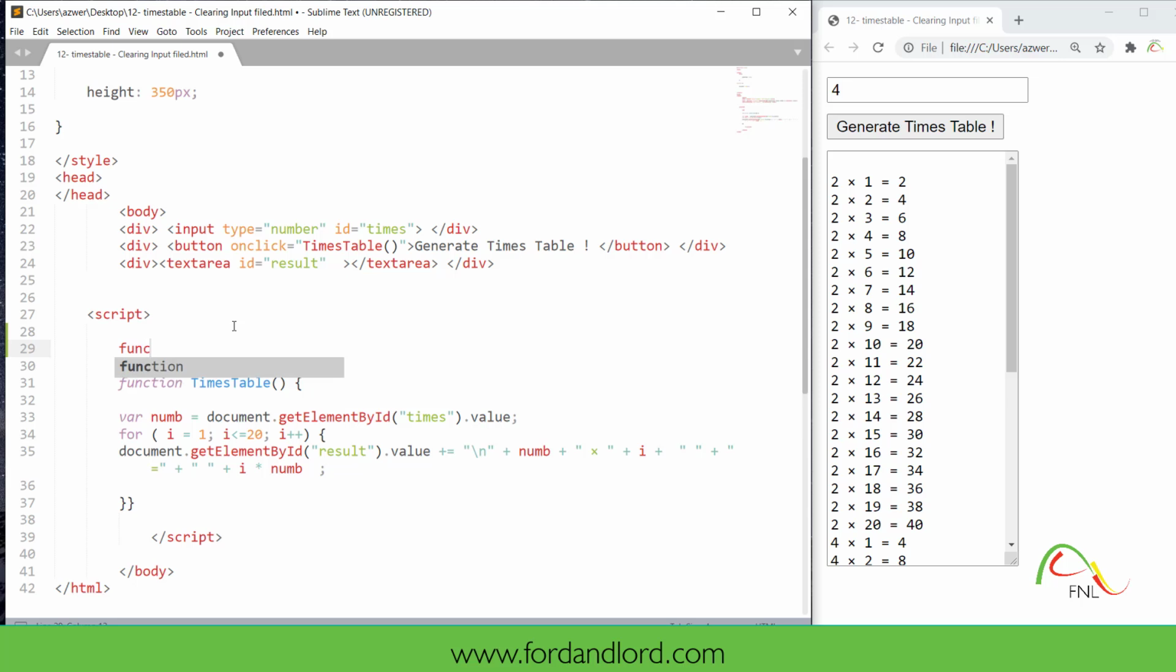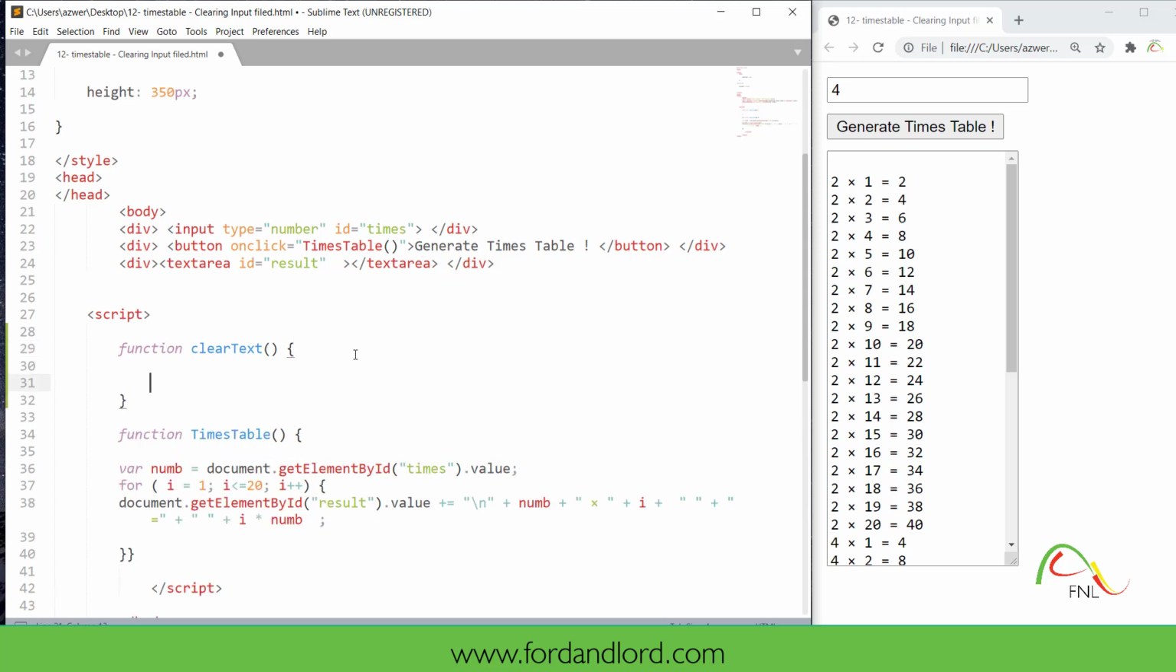Within the script tags I will create another function, and I will name this function clearText, an opening bracket and a closing bracket, and an opening and a closing curly bracket. This is how you write a function. Within that function we want to target this element. First of all, I will use document.getElementById built-in method, and the id of this element is times. I will copy and I will paste it here,